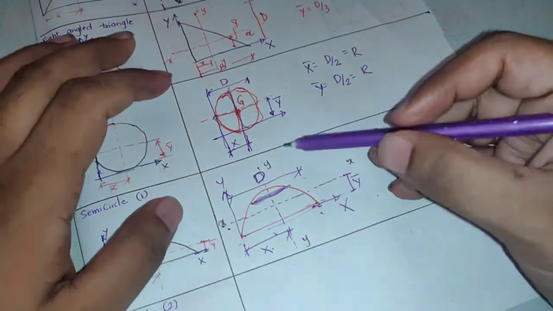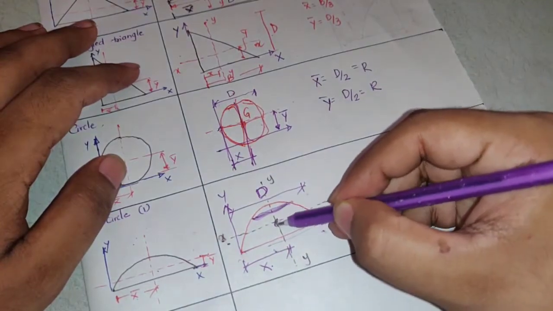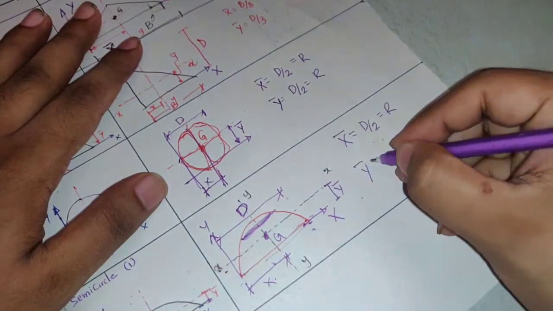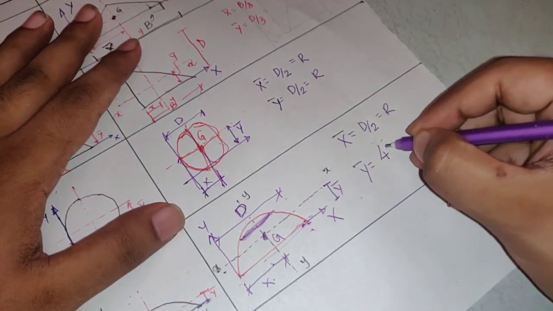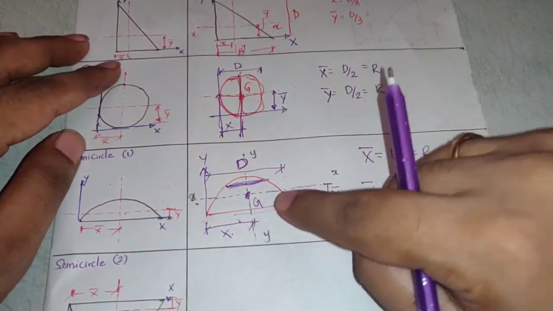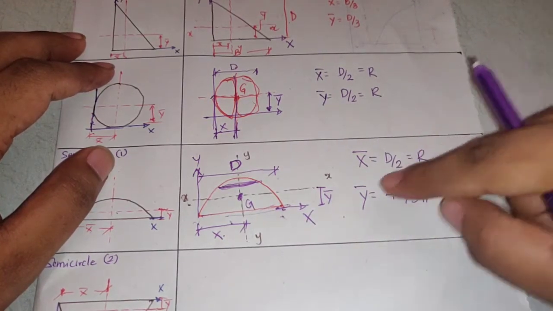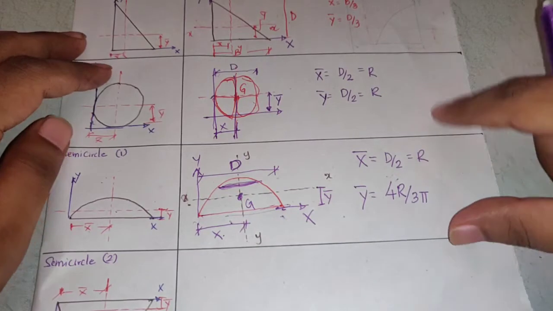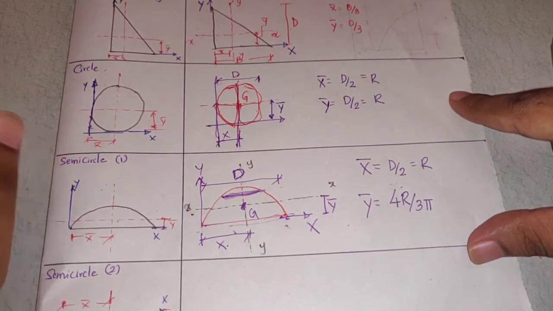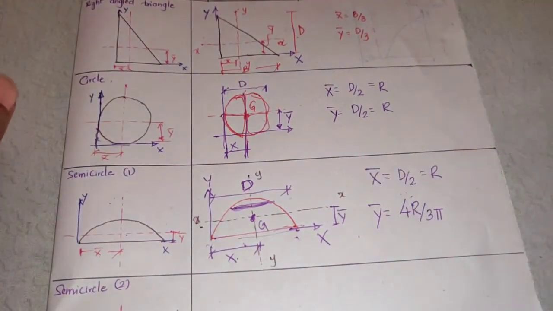Now we got to know that it is unsymmetric about which axis? The X axis. Now I should locate this point G such that the area on the upper side and lower side is equally divided. So what is the y bar value? The y bar value we have derived is 4r by 3 pi. So when the semicircle is placed in this pattern, x bar is d by 2 or r, and y bar is 4r by 3 pi. Again I'll repeat, the orientation and the reference axis matter a lot, because of which your values of x bar and y bar will change, right?